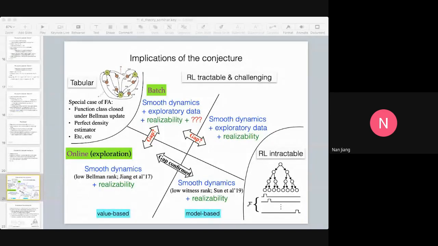There's some trickiness about the data distribution. There's some additional requirement on the data distribution, but those requirements and assumptions do not seem as strong as something like low inherent Bellman error. So that's what made me think maybe policy evaluation is a simpler problem than policy optimization in the batch setting. We don't know. We're actively working on that. Right. Okay, great. Thank you.